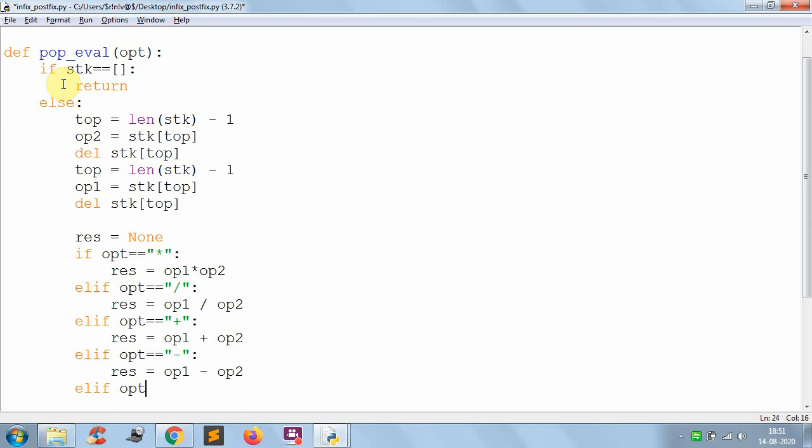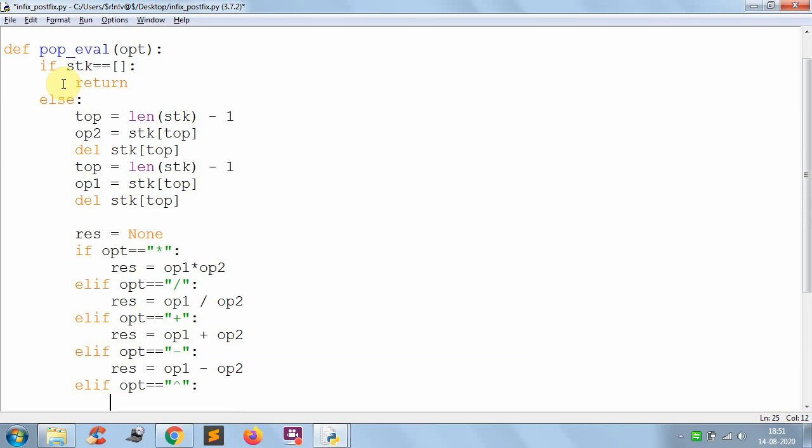If the given operator is the cap symbol, this is the exponent operator, so res equal to op1 double star op2. Like this we have to keep it.